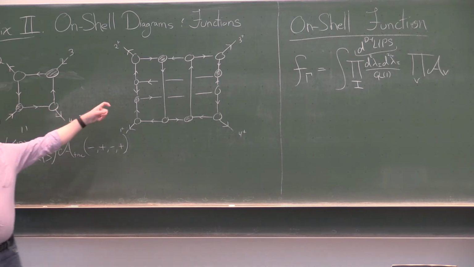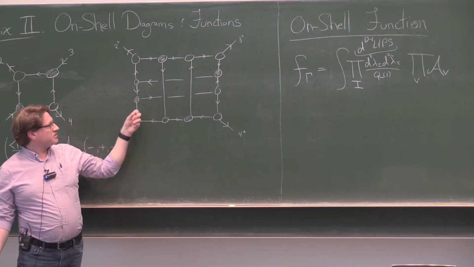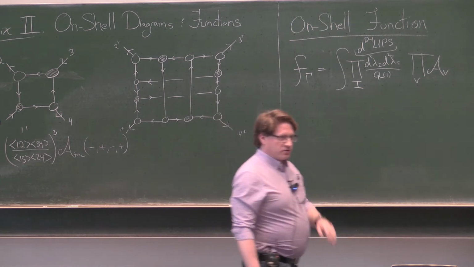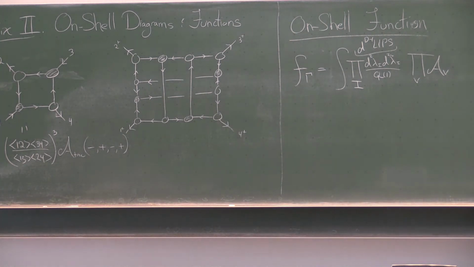And I will leave you to confirm that all the arrows are such that every white vertex, like this white vertex, has 1 incoming and 2 outgoing, and every shaded vertex has 2 incoming and 1 outgoing. And sure enough, if you put this, and I encourage you to do this, please, I'm not going to write down the answer here, but you can put this on in Mathematica, solve for all these